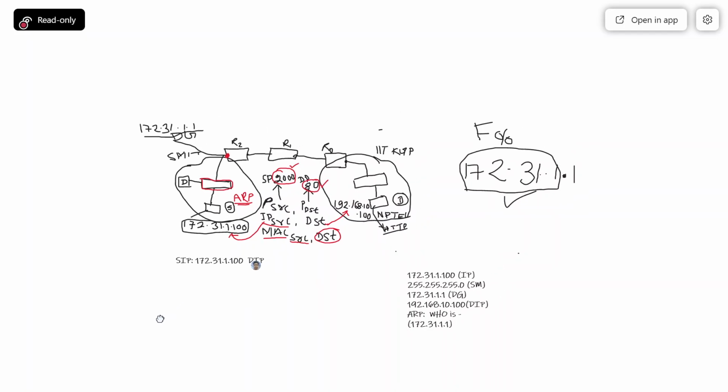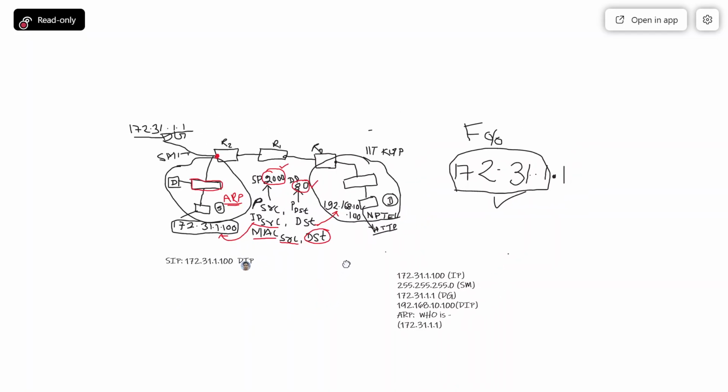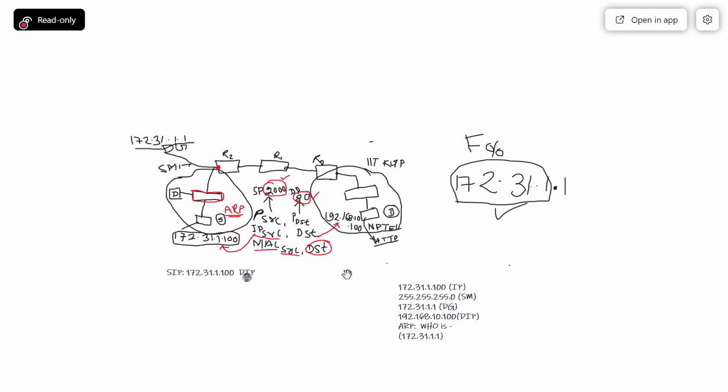Look, in the packet we are sending, we write the IP which is in IIT KGP, but the MAC we write is that of the router, which is available in my network only. What is the logic? I cannot reach the destination directly because it is in another network.